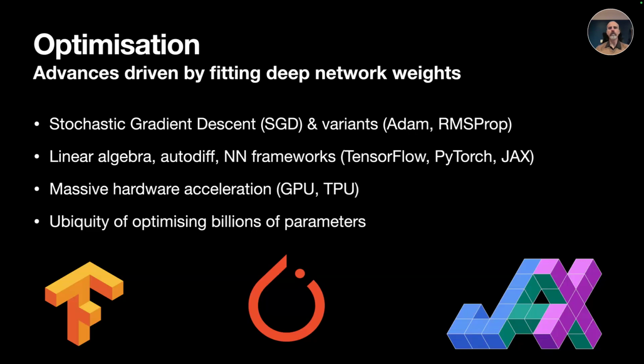And these big companies, and quite notably Google, who's responsible for TensorFlow and JAX, in the process of developing these models, have also invested in developing tooling. So for the linear algebra and auto differentiation and the effective assembly of these neural networks, TensorFlow, PyTorch, and JAX are the three big names in the industry. And as control practitioners, we get the side benefit of being able to use those tools.